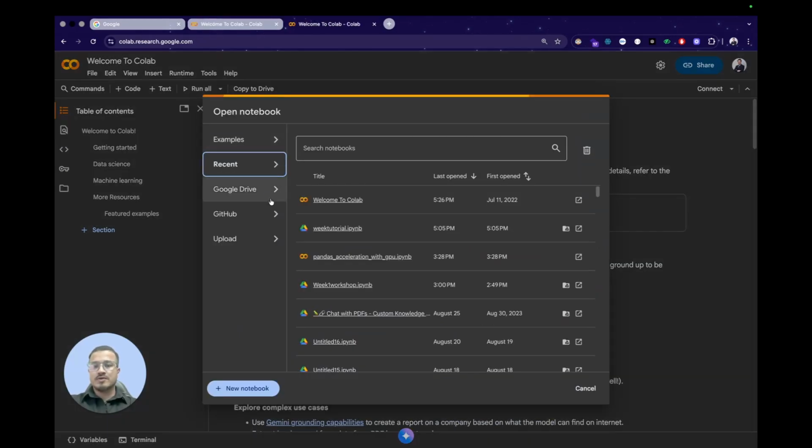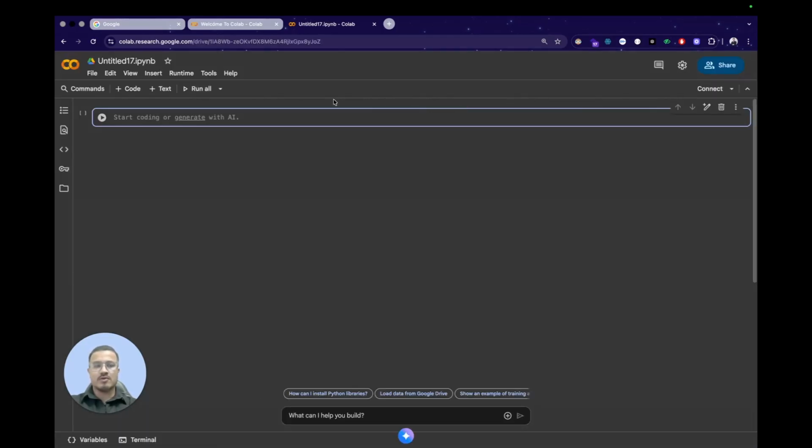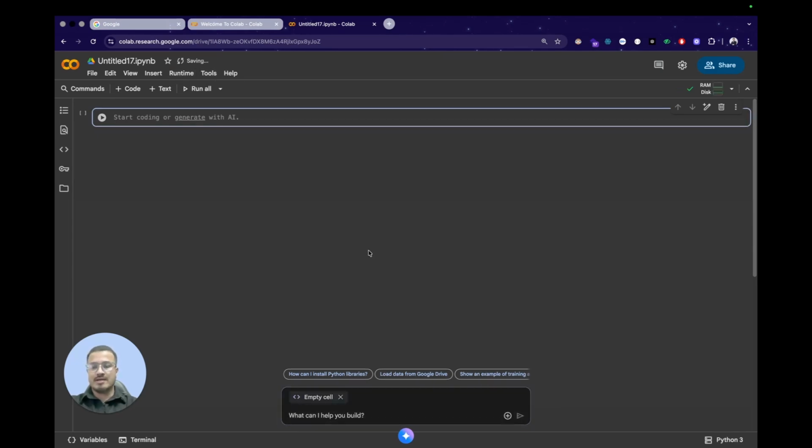Once you go to that site, you'll be redirected to an interface like this. You can create a new notebook here. The very first thing when you go to Google Colab is you need to connect to an instance. If you look at the right hand side, you'll see connect, right? If you connect to that, it will connect to some server with some resources there. We'll explore that in a tab called runtime here, but let me first give you an idea of how we can